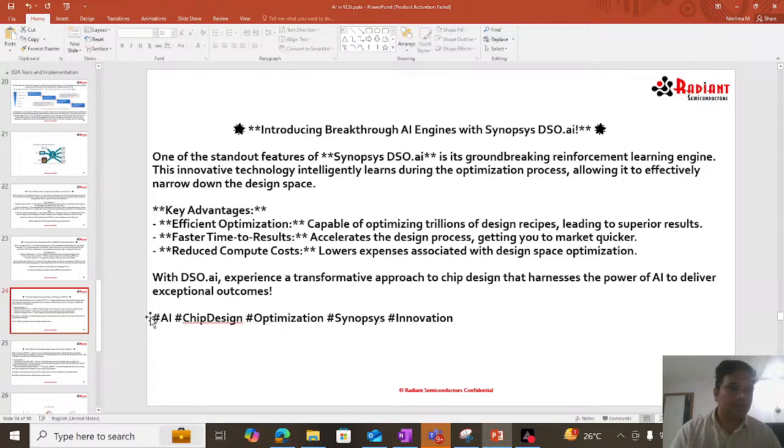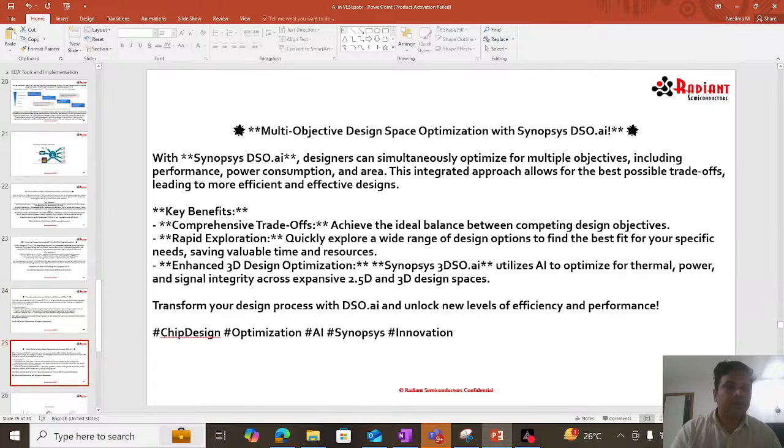outcomes. Now with Synopsys DSO.ai, designers can simultaneously optimize for multiple objectives, including performance, power, and area. This integrated approach allows for the best possible trade-offs, leading to more efficient and effective designs. Key benefits: comprehensive trade-offs. Achieve the ideal balance between competing design objectives. Rapid exploration. Quickly explore a wide range of design options to find the best fit for your specific needs, saving valuable time